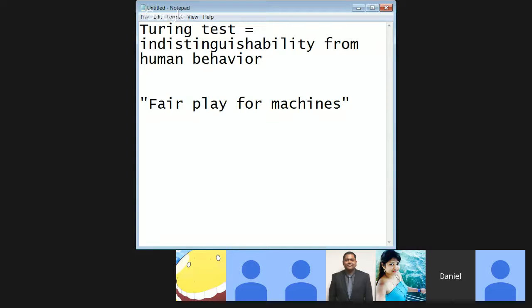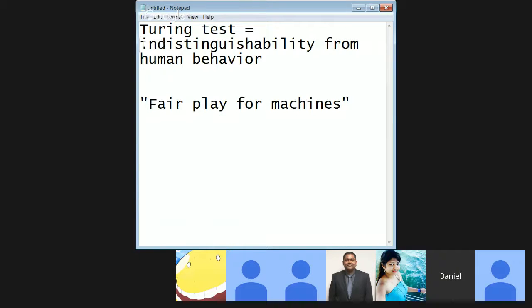When Turing says fair play for machines, he doesn't mean that we should treat all machines like humans. He doesn't mean that all machines deserve equal treatment or respect or anything like that. What he's saying is just that we ought to use the same criteria for judging all things. So in a human being, if they do well at their exams, then I judge them to be intelligent. And if a machine can do well at those same exams, then I have to judge the machine to be intelligent as well.